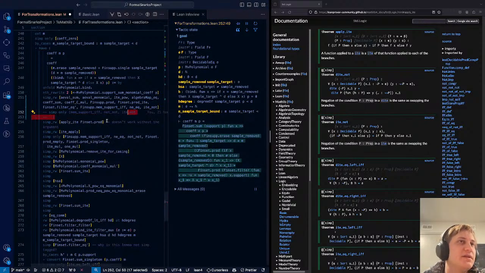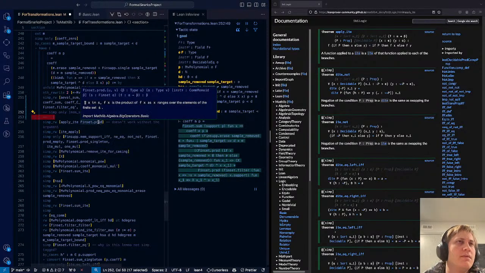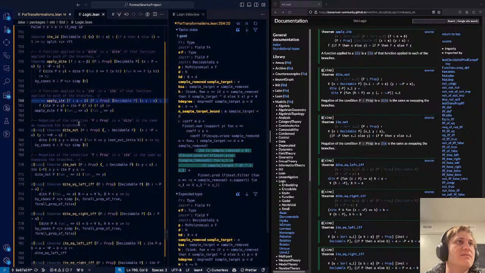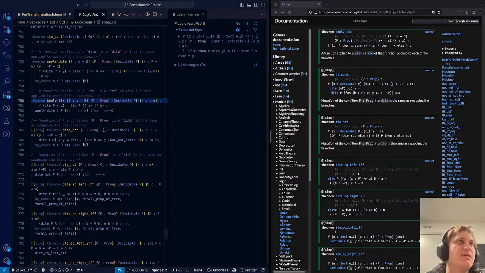Okay, like I have this note to myself that it doesn't work without the argument. Does it make sense to me that it doesn't work without the argument? I guess it's not simple lemma.